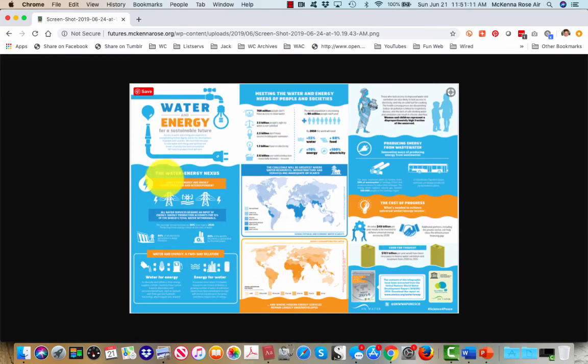So for example, water and energy is bigger, this is like an H1 heading, than the H2 heading that comes beneath it. And then that one's bigger than the paragraph level, right? And so we know as readers that we should read down and that this, while bigger, bears relation to this,